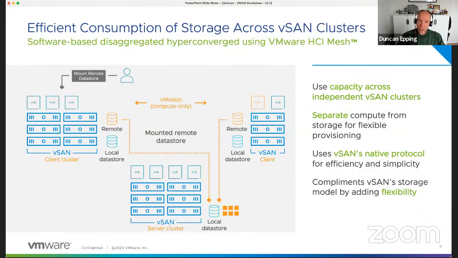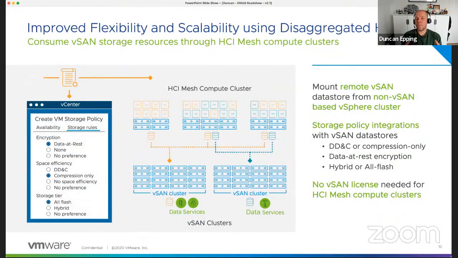Now, I've mentioned that this is only available in 7.0 Update 1 between vSAN clusters, but of course, what we did with vSAN 7.0 Update 2 is that we actually made this available for customers who have compute-only clusters. So if you're one of those customers that has a couple of compute-only clusters, which are clusters that don't have local vSAN storage, and you have vSAN clusters available as well, and you would like to share that vSAN capacity, starting with 7.0 Update 2, you can simply go ahead and do that. So you can have a compute-only cluster, you simply can enable vSAN, and then when you have mounted that vSAN capacity, you can start provisioning your virtual